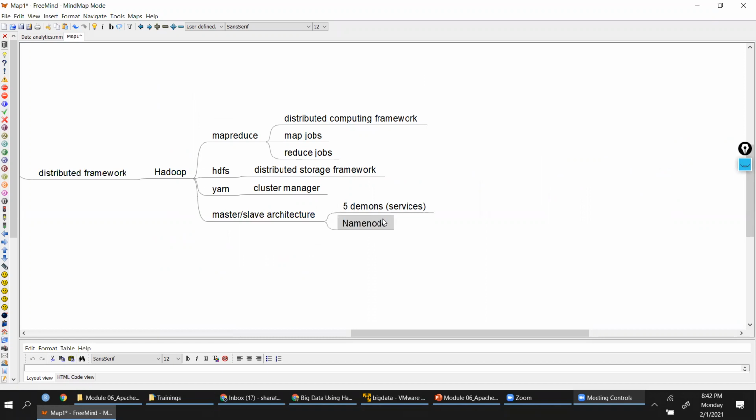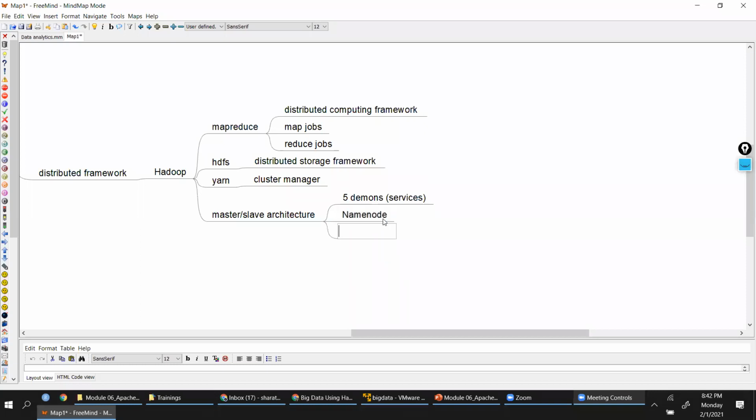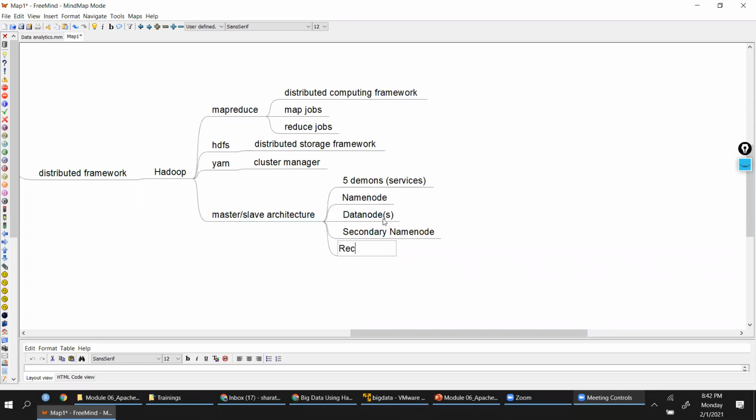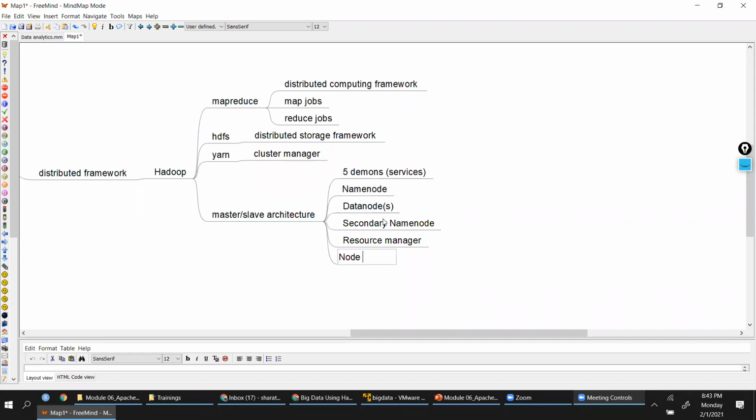You'll have a single name node at any point of time. Then we have data nodes. We can have more than one data nodes. We can have secondary name node. This basically is backup of your metadata. Then we also have resource manager and node manager. These were also called as job tracker and task tracker previously.